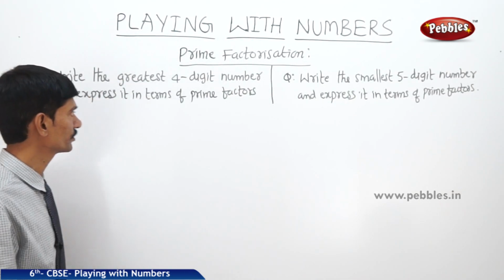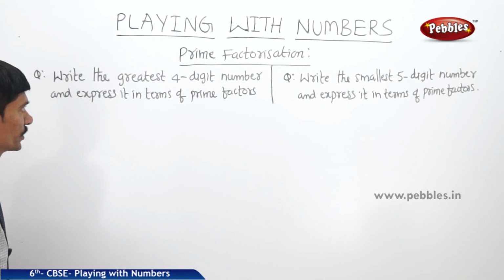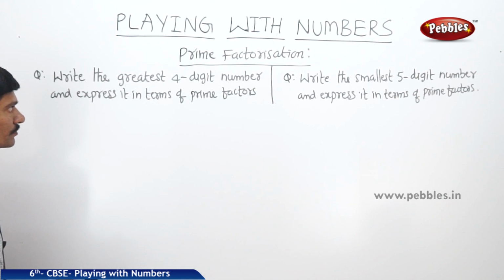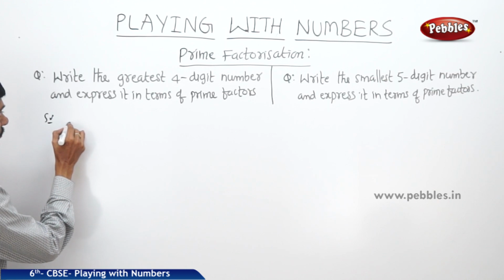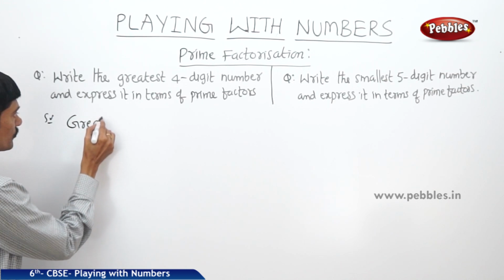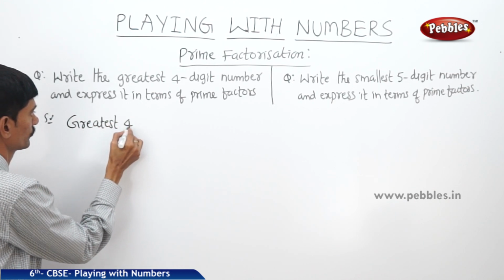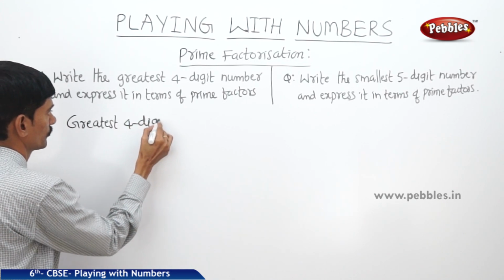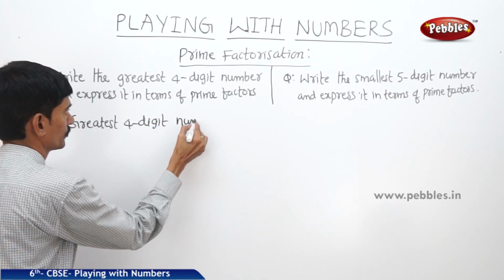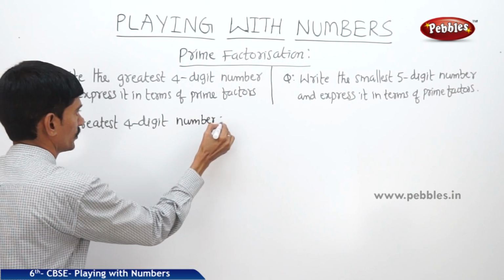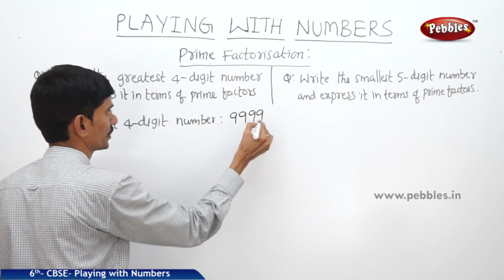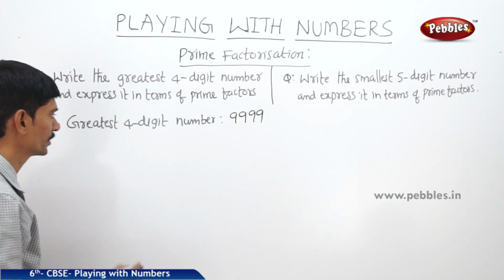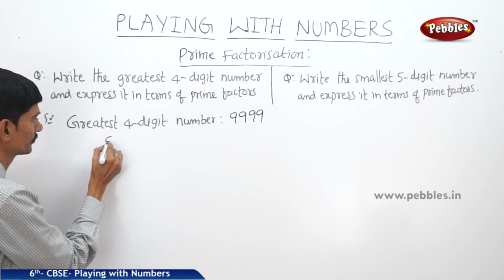Now let us see the next question. Write the greatest 4-digit number and express it in terms of prime factors. So the greatest 4-digit number is 9999. So if you factorize the number 9999,